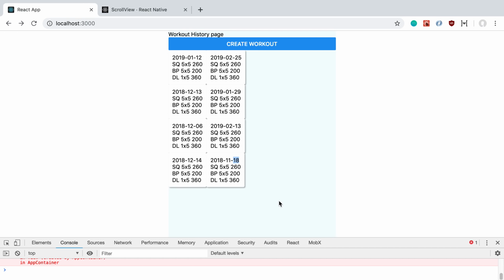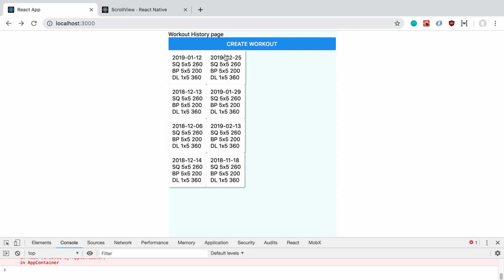There's two big things that we're going to be doing in this video. The first big thing is fixing this row or this grid right here so it's not all mashed up together. And then secondly, we're going to make these clickable. And when we click on them, we're going to be taken to a new page where we can actually see the workout data for that day. And so to do that, we're going to be creating a new route, which takes some route params using a